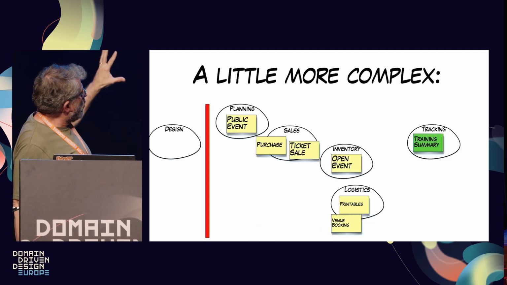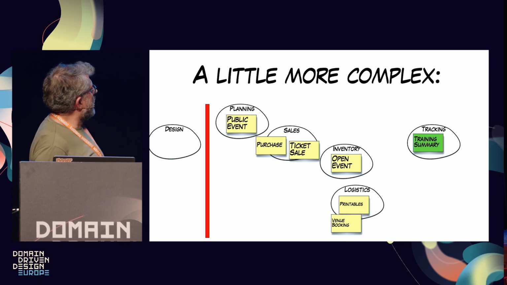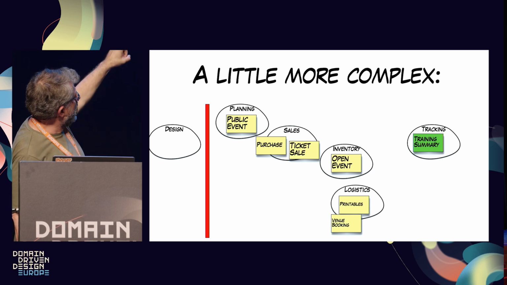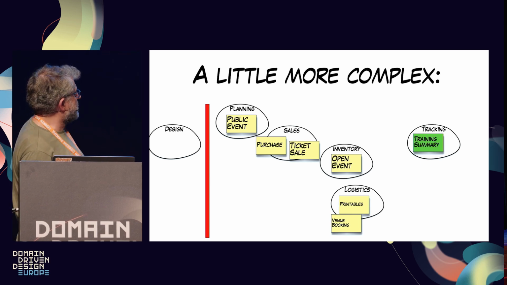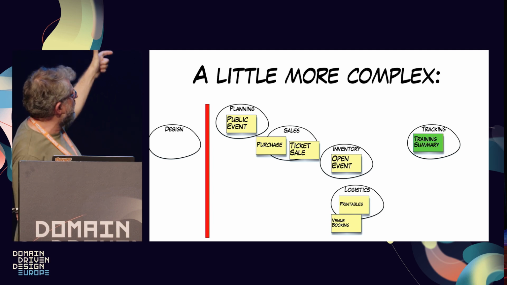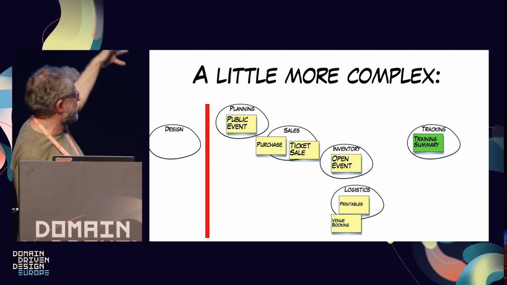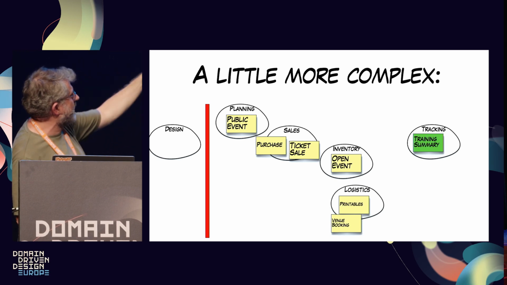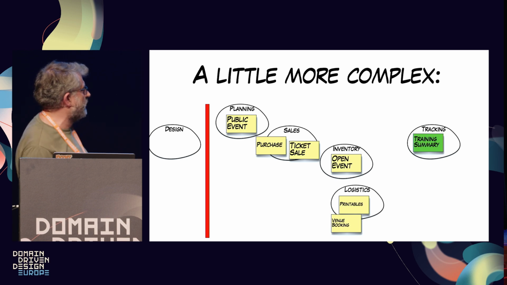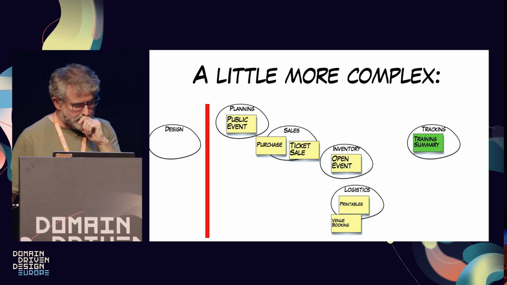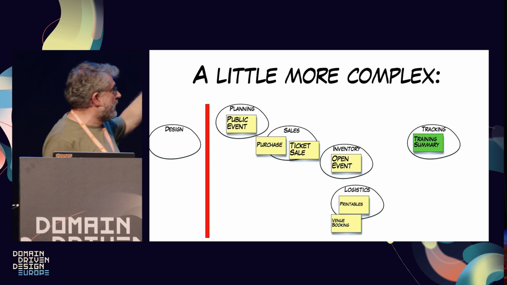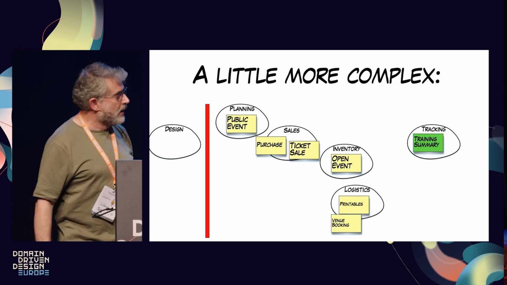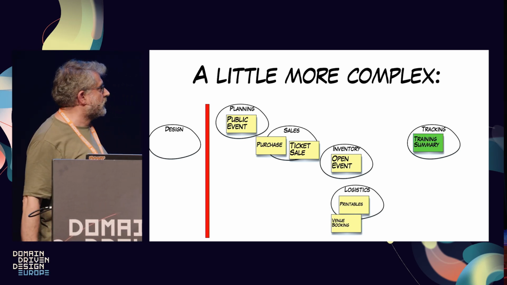So we designed something, starting from public training, a classical example, so that there's no NDA problem, and we separated on different axes. We are going to be doing the planning, with the semantics of setting a date, canceling and confirming. We're going to have sales, so we're tracking the purchases, and ticket sale is a container of ticket. Still not exactly happy about this name. And we have another bubble for the inventory, how many people can actually register to a given class, plus a bubble or bounded context for logistics.